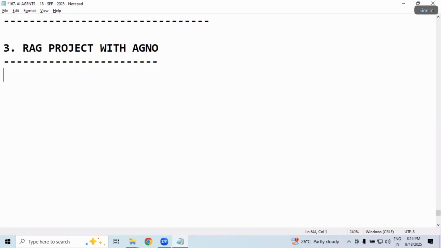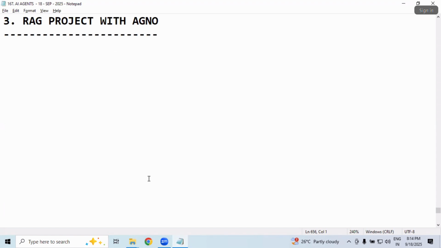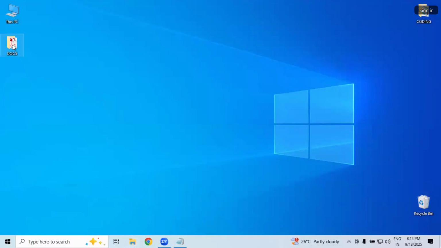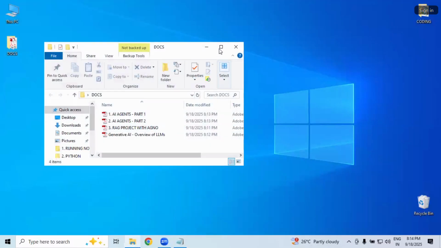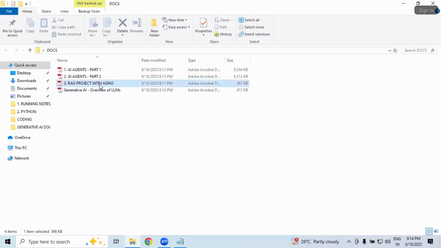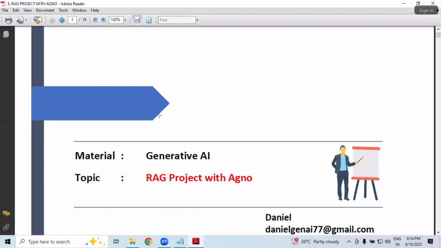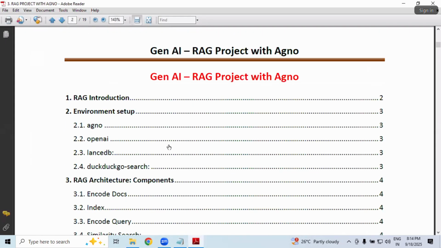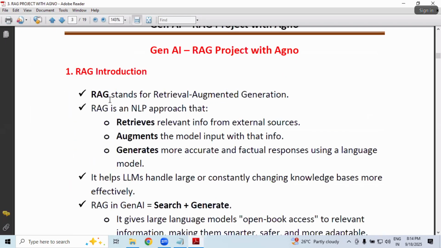There are a few examples. Let us see how it is working. Are you ready? With hands-on. I know you guys are more interested in practical rather than theory. These materials will be really helpful for you. Get ready to understand. RAG project with Agno. There is one small scenario. Let us see actually.